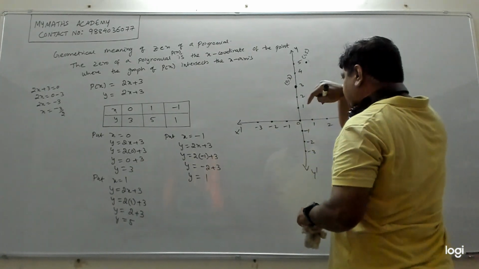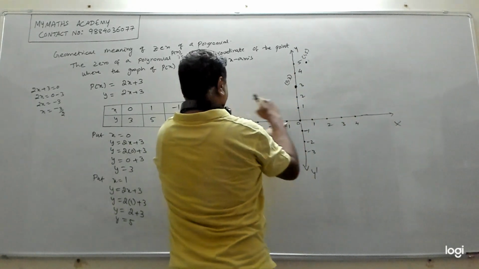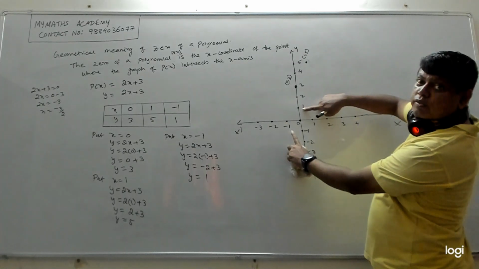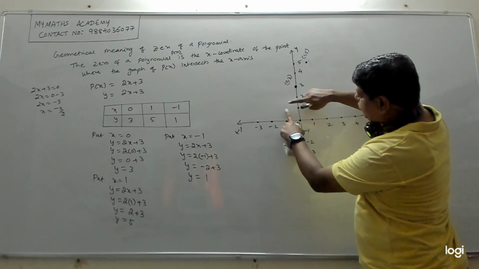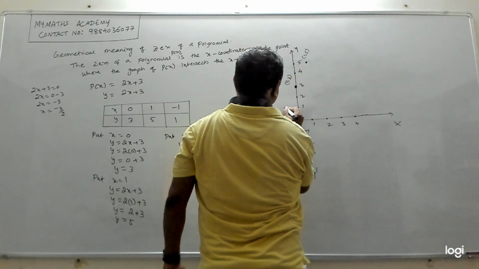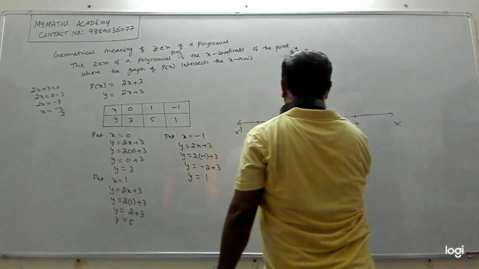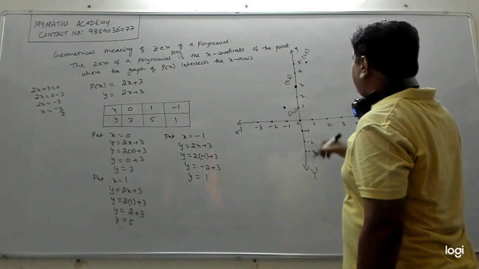Then (minus 1, 1). Minus 1 is here. x is minus 1 and y is 1. y is 1 is here. Minus 1 and 1, they meet here. This is this point. Clear? So this point is (minus 1, 1). Now join these points